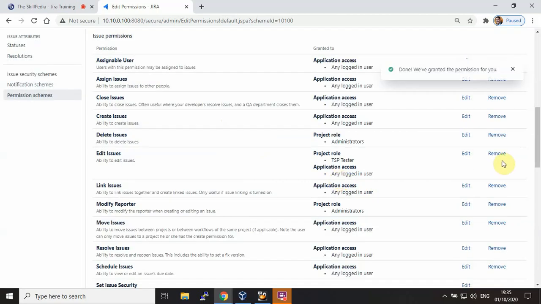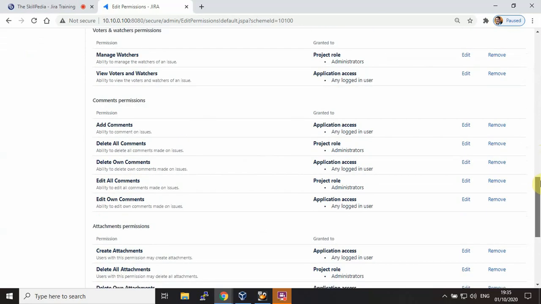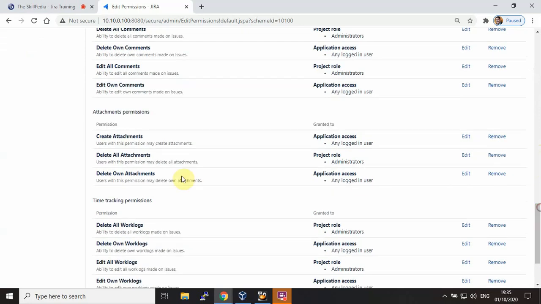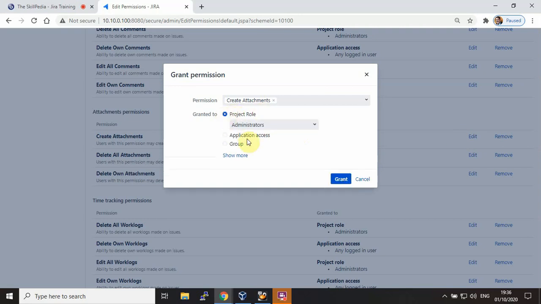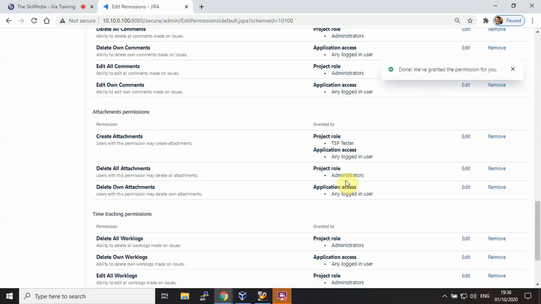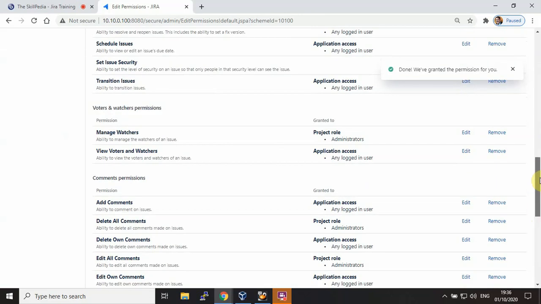Once again, let's look at more examples to understand this. Take any example, create attachments. So let's edit it, and the project role to which you want to assign it. So TSP tester. So this is how you assign permissions to roles.